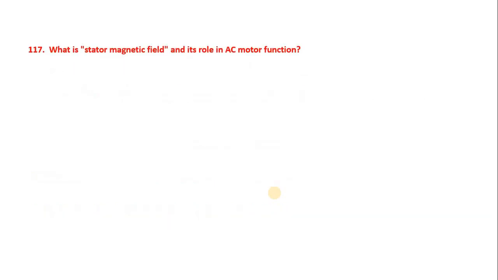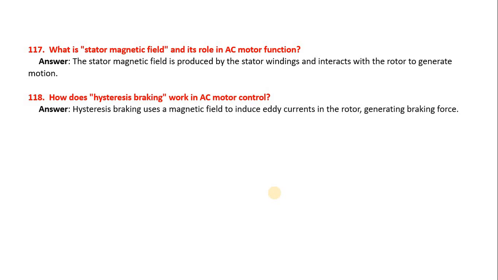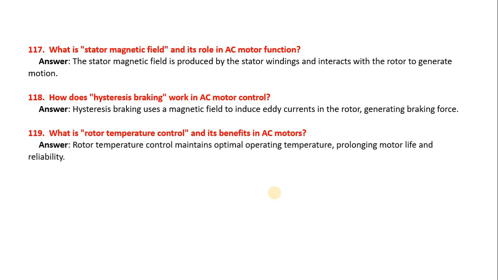What is the stator magnetic field and its role in AC function? The stator magnetic field is produced by the stator winding and interacts with the rotor to generate motion. How does hysteresis braking work in AC motor control? Hysteresis braking uses the magnetic field to induce eddy current in the rotor, generating braking force. What is the rotor temperature control and its benefits in AC motor? Rotor temperature control maintains optimal operation temperature and prolongs